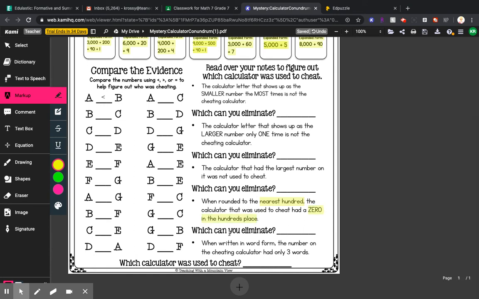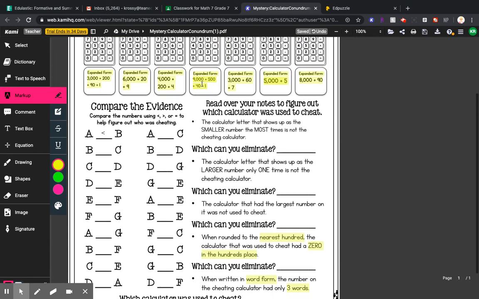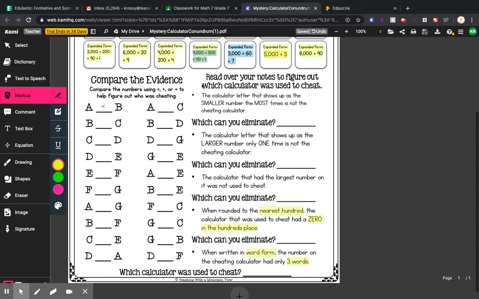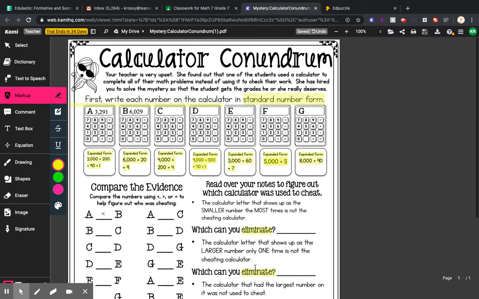Okay? And here, which can you eliminate when written in word form? The number on the cheating calculator had only 3 words. So when you wrote out these numbers in word form, there's one of them that only has 3 words in the word form of that number. And then, so these are the ones that you're eliminating, right? You're taking out these, you're eliminating these calculators. So you're saying these calculators could not have done it. And the one that's left over is the one that was used. Okay, and that's calculator conundrum. The second version of this activity is just going to have different numbers. Okay. All right, back to our classwork,